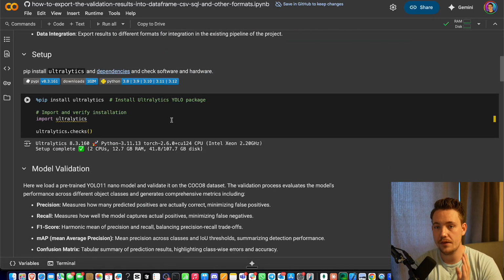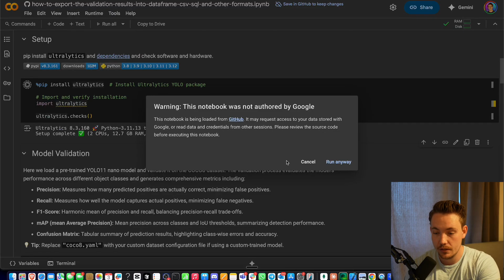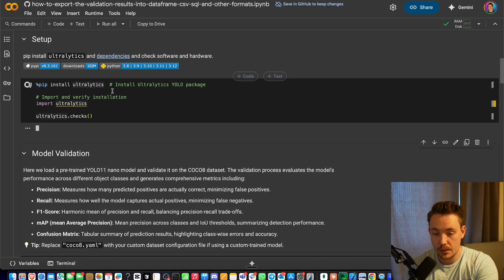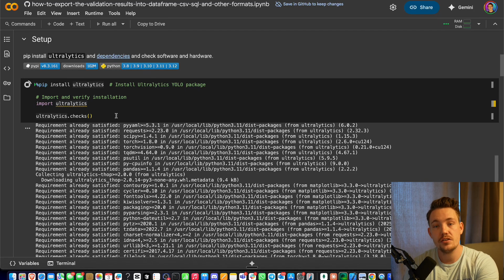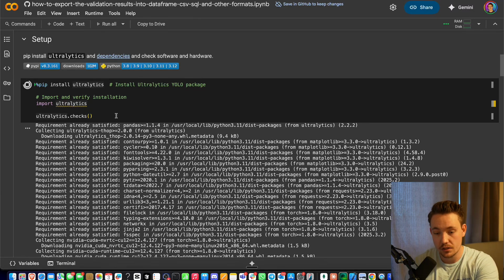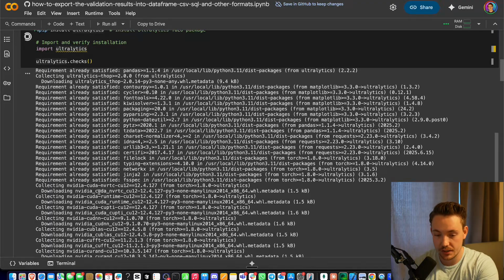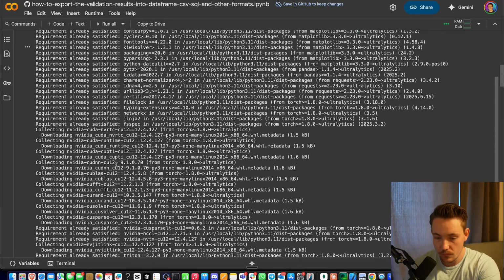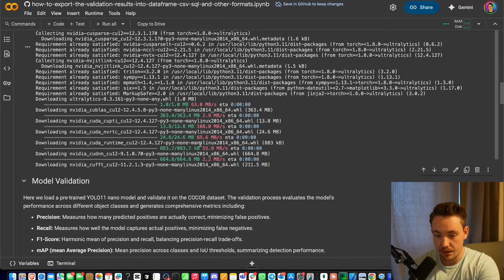The only thing that we have to do pretty much in whatever environment you're working in is pip install Ultralytics, and it will take care of the rest. So I'm just going to run this notebook: pip install Ultralytics, we import it, and we run the Ultralytics checks. If there are dependencies not installed already, it will take care of all that. Even if you have CUDA available in your environment, it's going to install everything with CUDA as well. So we can see here that it's collecting some NVIDIA CUDA stuff, CUDA 12. It will just take a few minutes here,